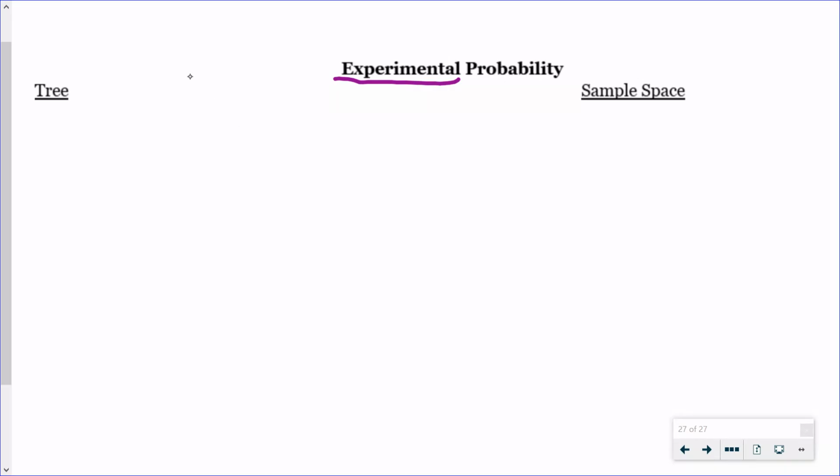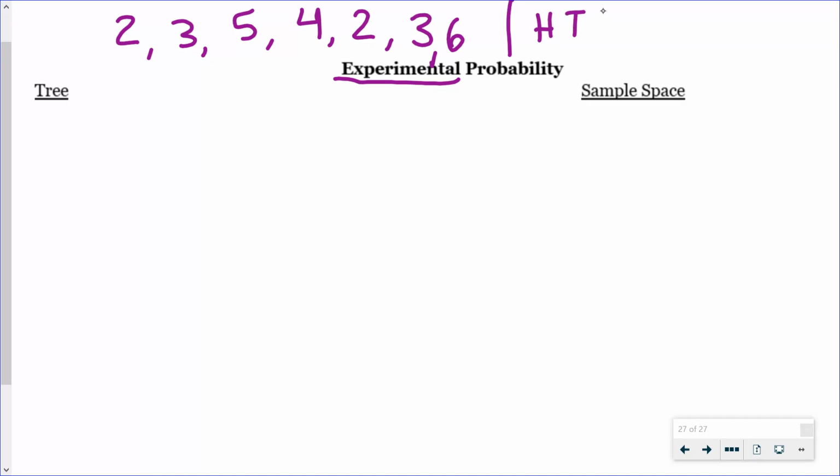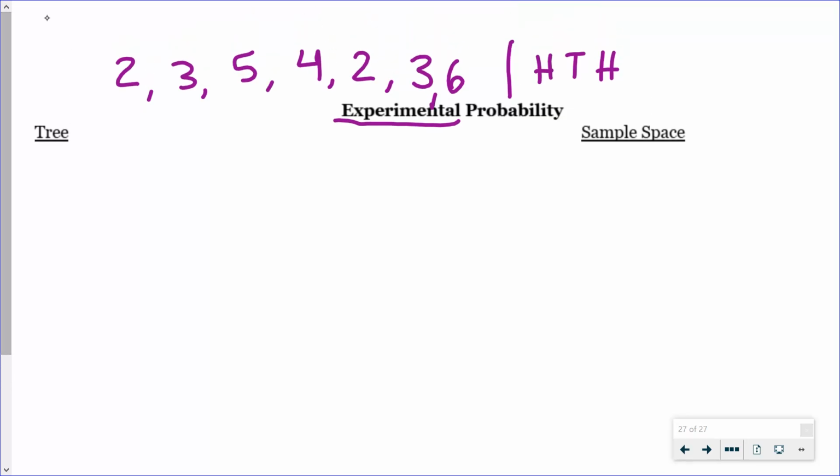So I rolled a dice, and I rolled a 2, a 3, a 5, a 4, a 2, and a 3. Okay. Oh, and I did it one more time. I got a 6. I also flipped a coin 3 times, and I got heads, tails, heads. So if I write out some new probabilities using this, okay, my probability of rolling a 1 is 0 out